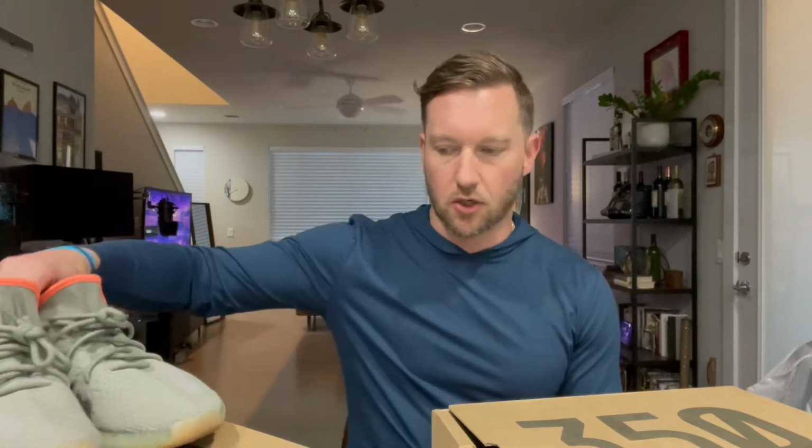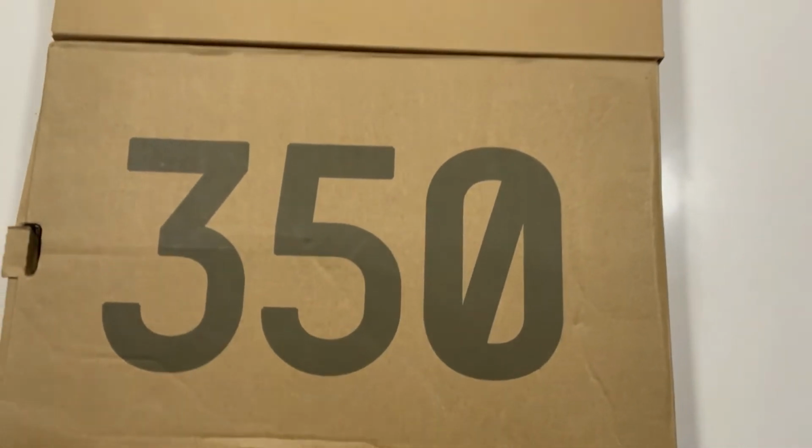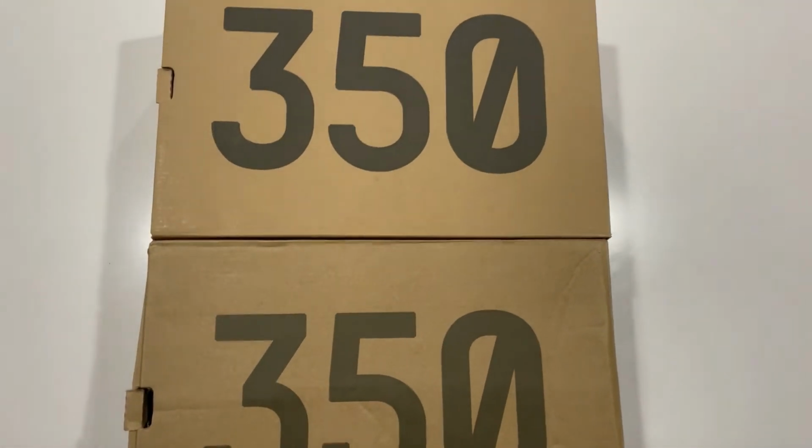So let's do a quick comparison box-wise and just see if you can tell any major differences from the box itself. So authorized version, unauthorized version. Put them next to each other. See if you can tell the difference. So you can see on the unauthorized version, it looks like the print is lighter than the authorized version. And it's not just the lighting in the room for me. On the unauthorized version, it had a sticker on the back